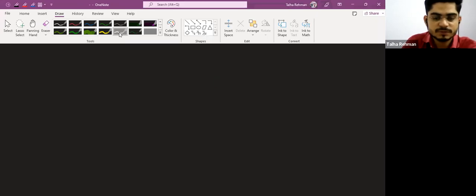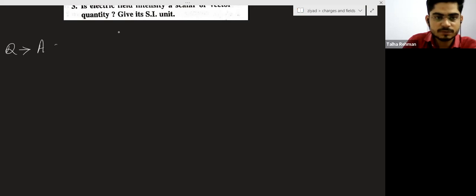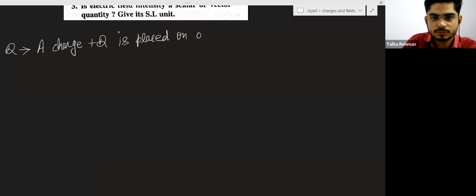So the question is: a charge plus Q is placed on the origin. Plot the electric field versus X graph